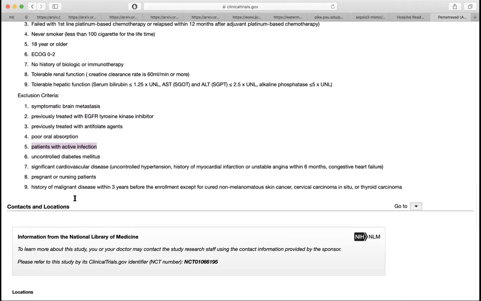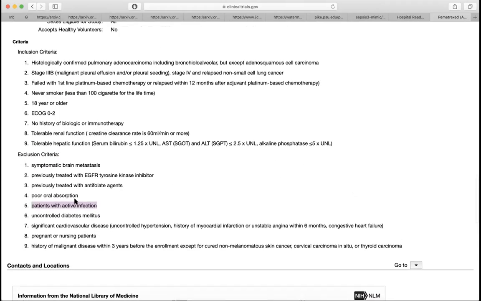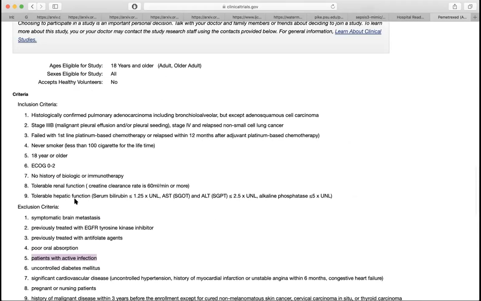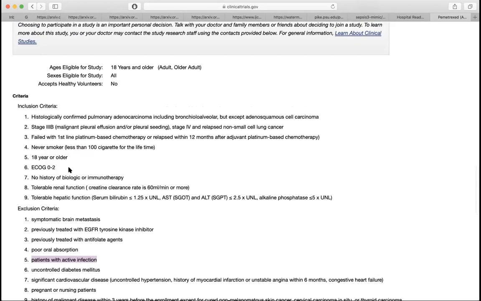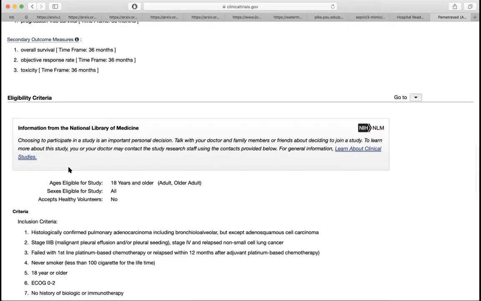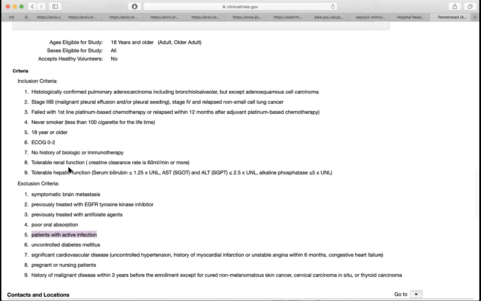So there are, as I said, 370,000 clinical trials, and every clinical trial has its criteria. So if you use this and the study description,